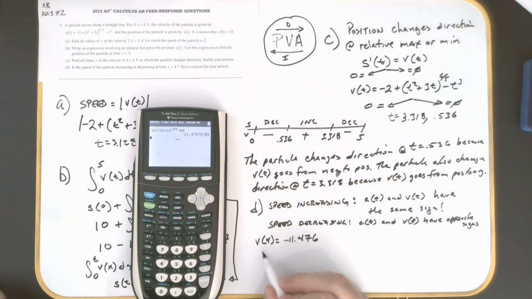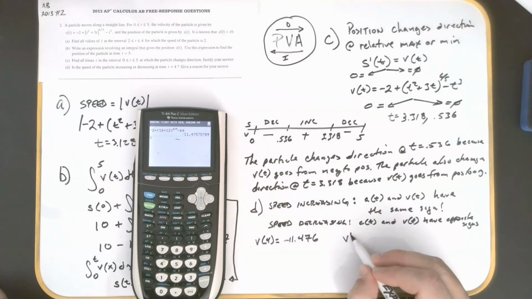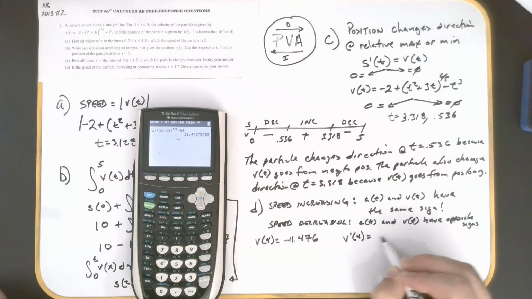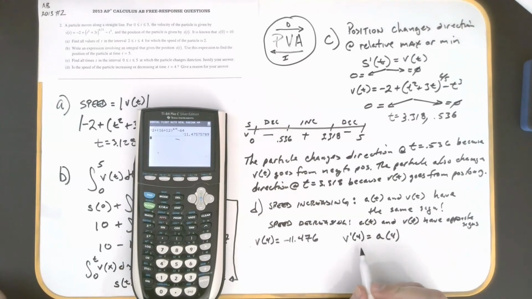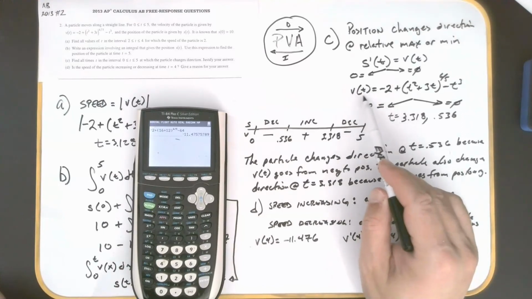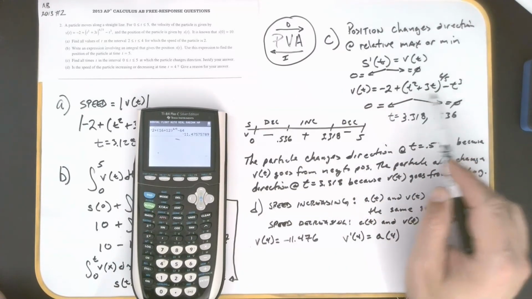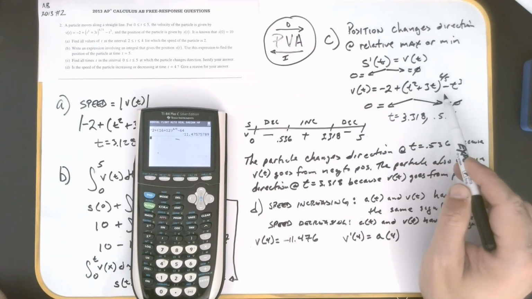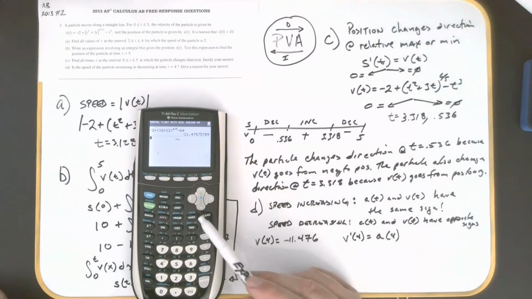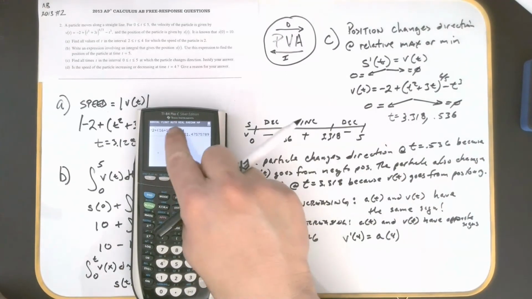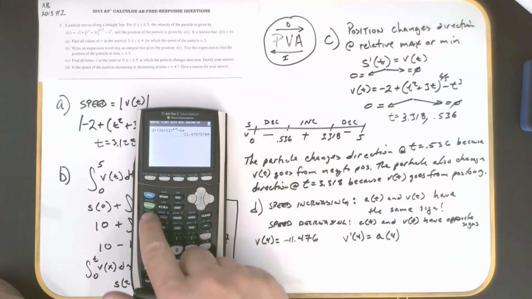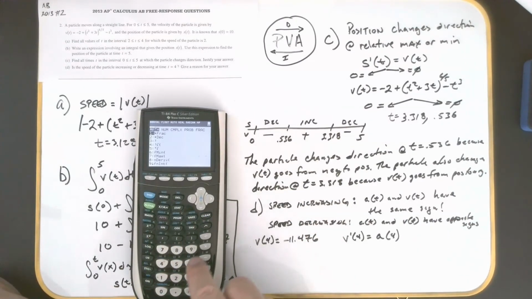So we have to find v prime of 4, and v prime of 4 is the same as the acceleration at 4. Well, you have a choice here. You could, if you want, go ahead and take the derivative of this longhand using your chain rule and power rule. But since it's a calculator question, I'm going to just use the calculator's ability, and this makes it a little quicker. So I'm going to go to the math menu, and I'm going to take number 8 here,